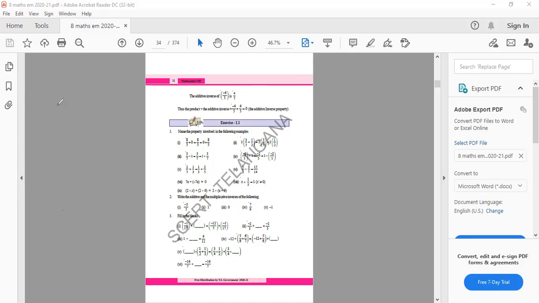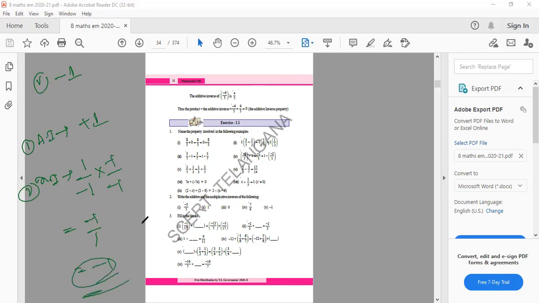Now let us take the last question. Minus 1, I think so. Let us tell me what is the first one? 1 plus 1. Okay. Now what is the second one? Minus 1. Yes, you write like this. If the denominator is minus 1, you make both minus. So minus 1 by plus 1 becomes the answer minus 1. Clear? So this is the way we need to approach all these things. Okay.